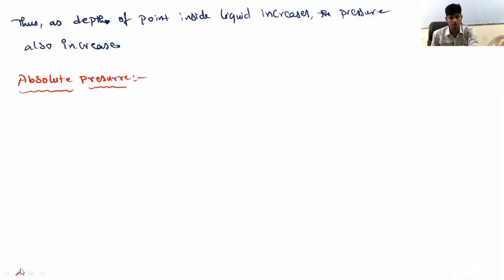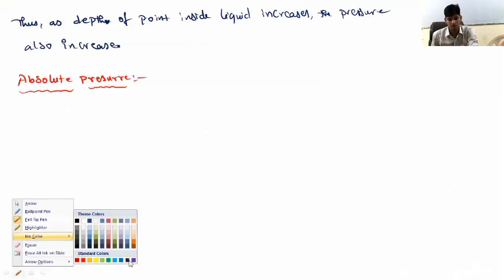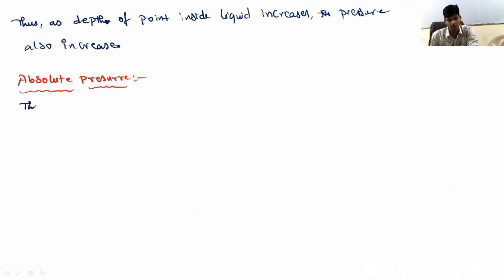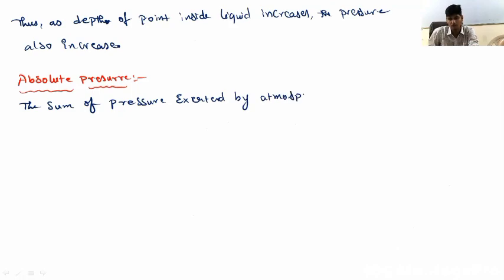So absolute pressure is the sum of pressure exerted by the atmosphere, the sum of pressure exerted